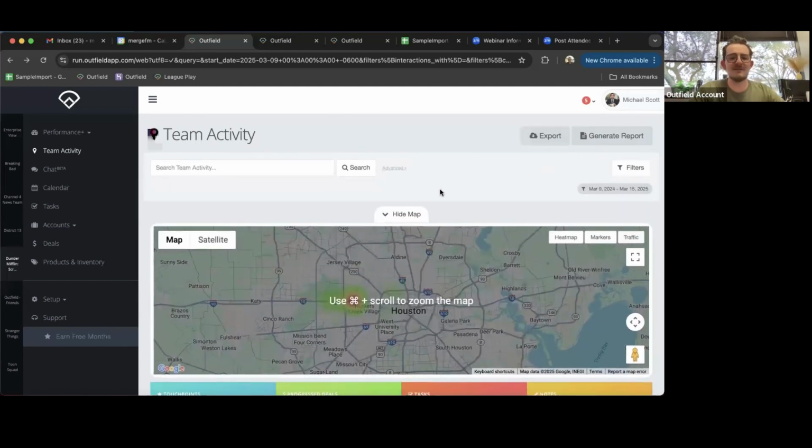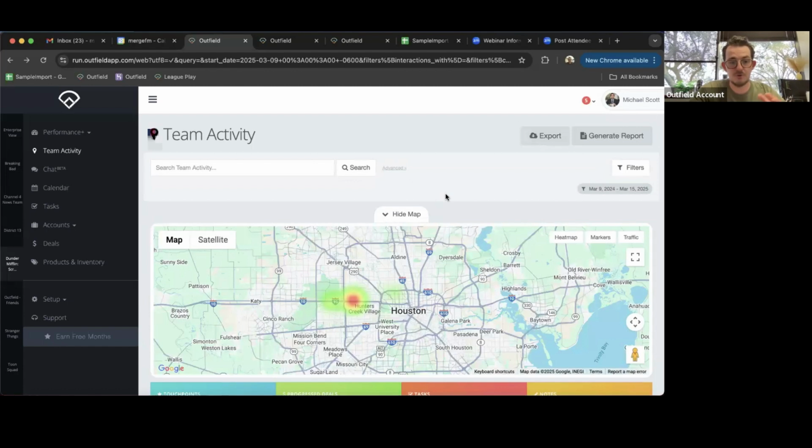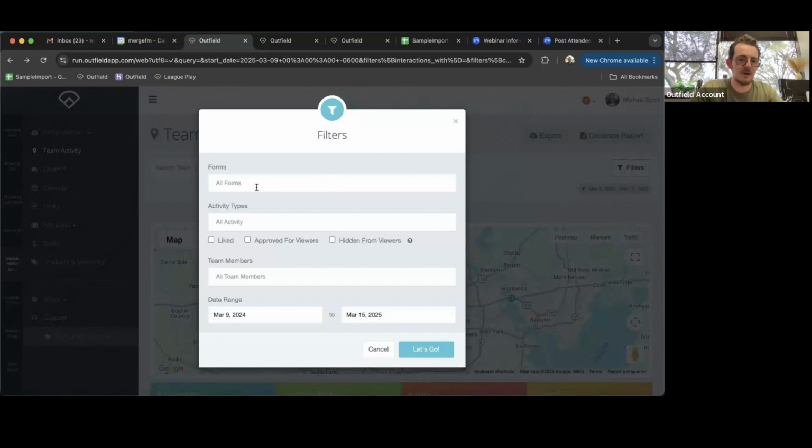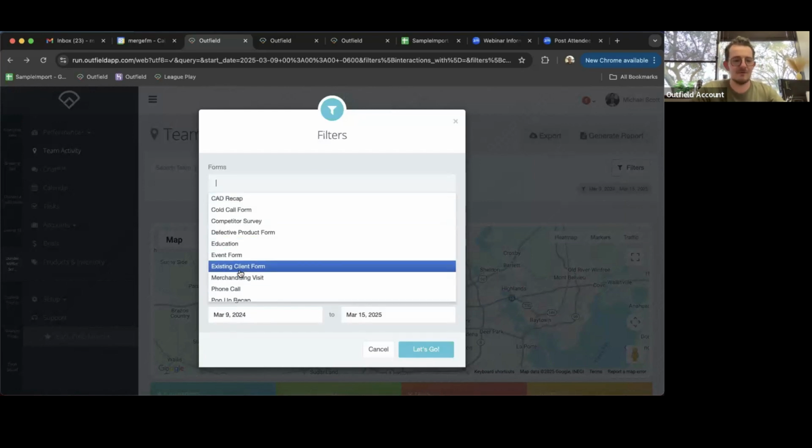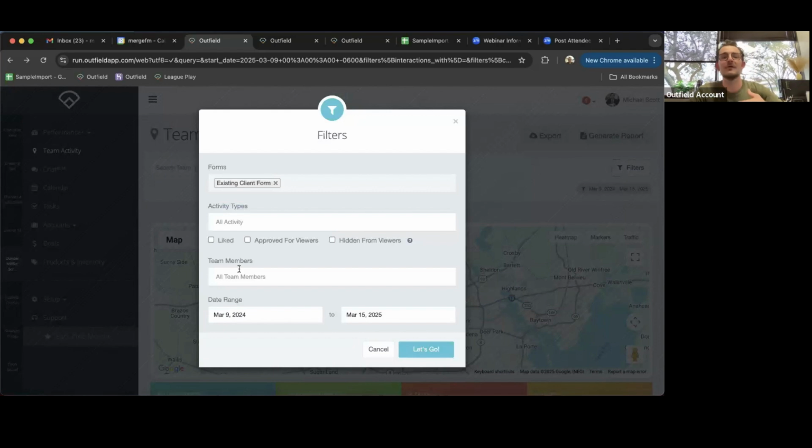Now, by default, guys, this page is going to show you your team activity for the current week that we're in. I've actually gone ahead and changed this just so it's a little bit cleaner for us to look at, but we can filter this down in a variety of ways. If I wanted to look at specific forms that are being filled out, I can do that here, right? Hypothetically, maybe Michael Scott here, he wants to sit down with one of his reps and review all of their existing client visits that they did,